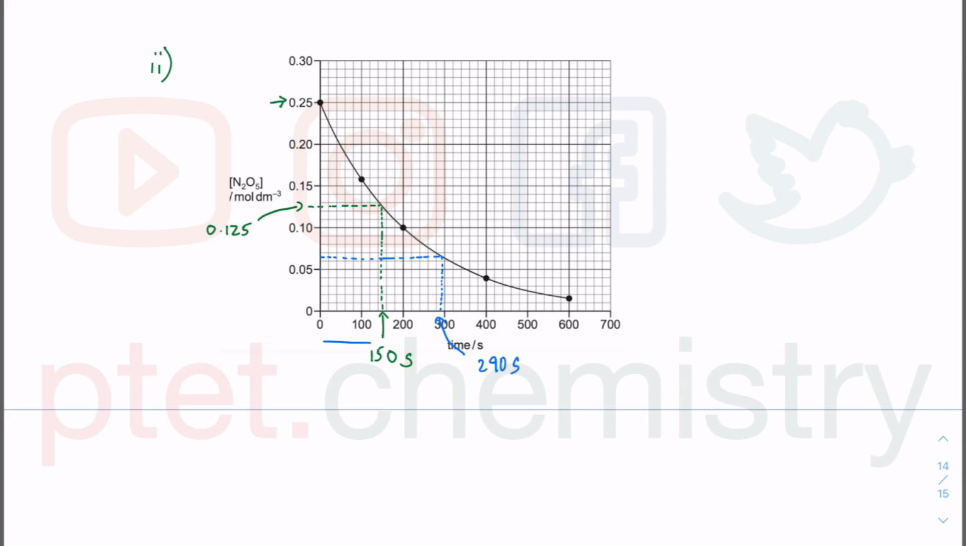So as you can see, the first half-life there is 150 seconds. The second half-life between 150 seconds to 290 seconds, give or take, is around 140 seconds. But again, I haven't been super exact, so I'm just trying to estimate a little bit here. I would say the half-life is pretty much constant there, pretty much confirming that it is first order with respect